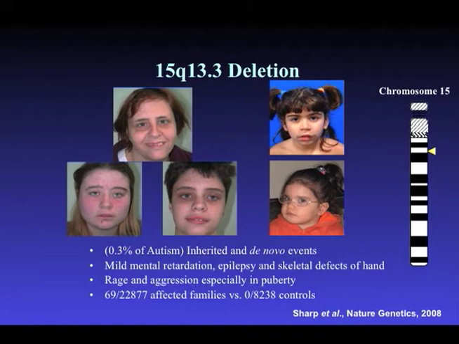And I guess what really convinced us at the end of the day is when we really ramped things up and screened 22,000 cases of developmental delay and found 69 deletions and 0 out of 8,328 controls, we became convinced that we had in fact found a pathogenic event. But this was just not fitting our nice model that we had in the beginning, that it would be all de novo. So this was an eye-opener for us because it suggested that these mutations are going to be in the population segregating, probably not for many generations, but are going to be contributing significantly to disease. And we might not recognize it.